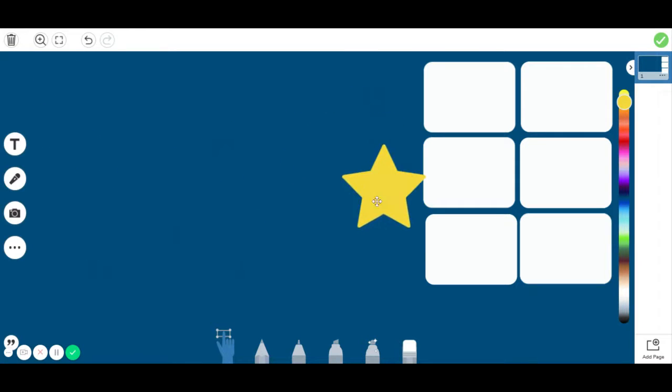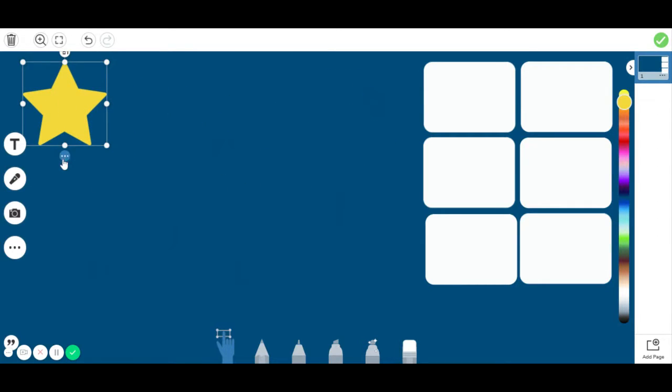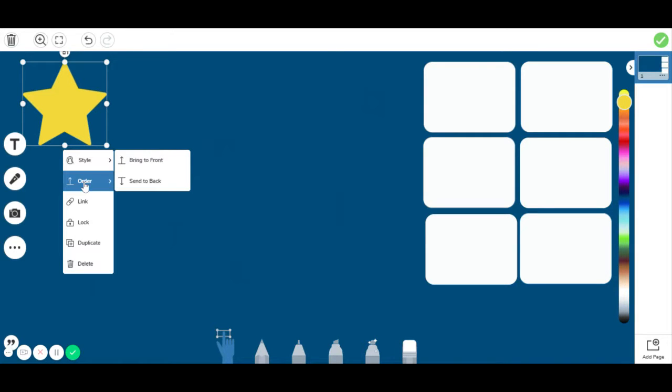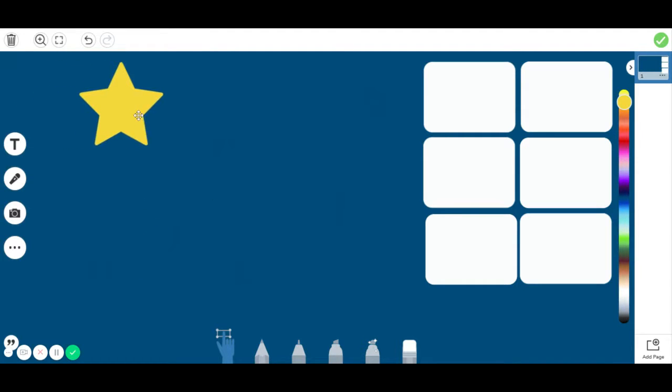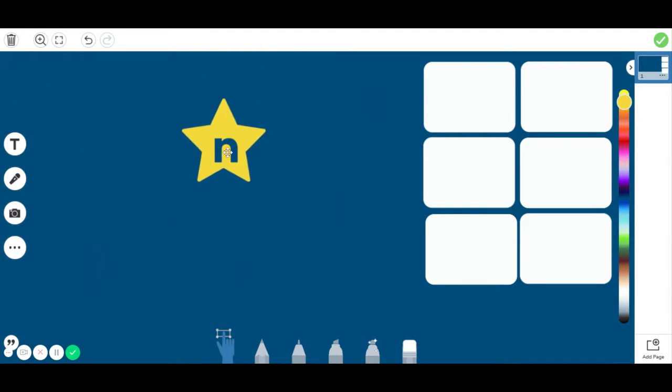And now, even though the letters are there, because of the layers, this star is above them. So we want to send this to the back. So this star has 3 dots. So you click on the 3 dots, and then go to order and send it to the back. So now the star is behind all the letters, so when they move the star around, they will find a